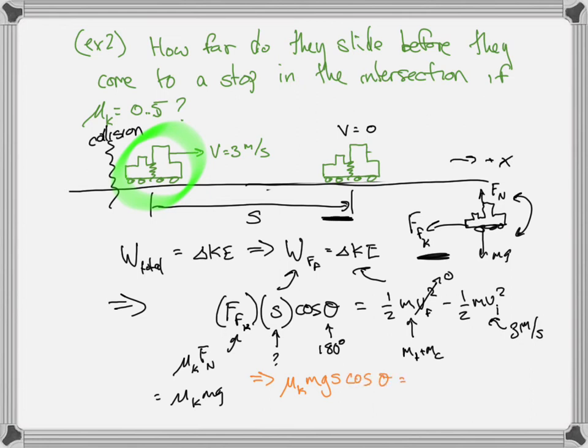is equal to, I'm just going to write down everything still in terms of letters, just taking out all the zeros that we know of. m v initial squared. I don't know if that was useful. Again, I didn't say, but I hope it's clear that the whole problem is for the car-truck combination, so that the m's are the same. That's important to notice because sometimes we have situations where we're talking about two different masses, but here the m's are the same. So mu_k mg s cosine theta is equal to minus 1/2 m v initial squared, where